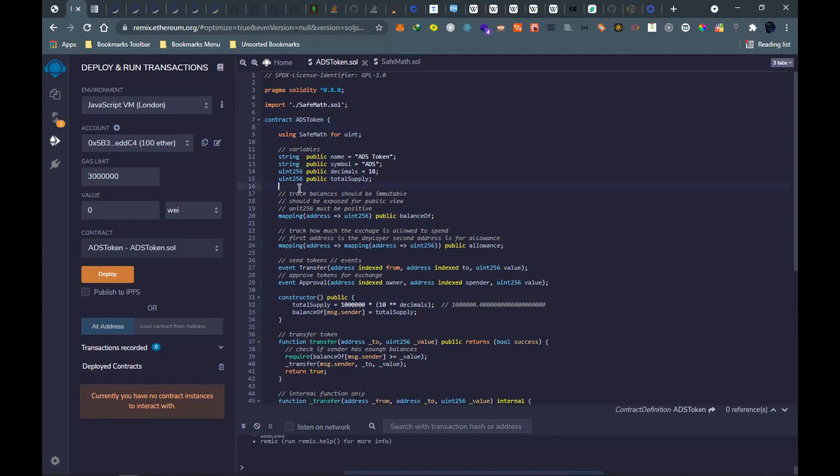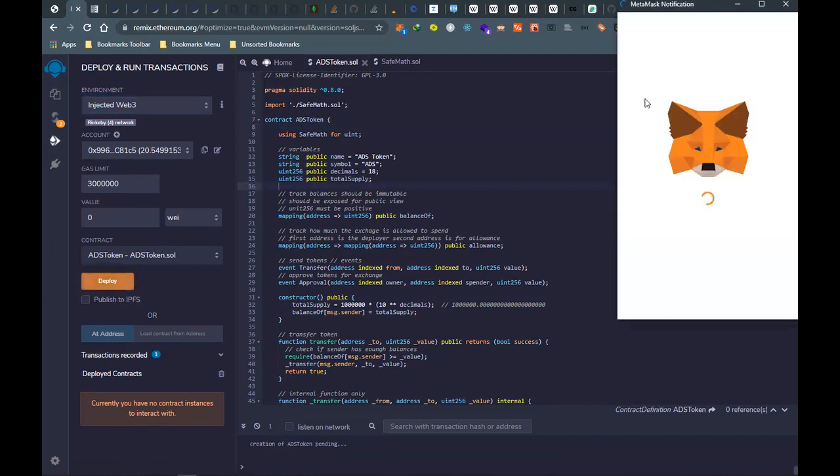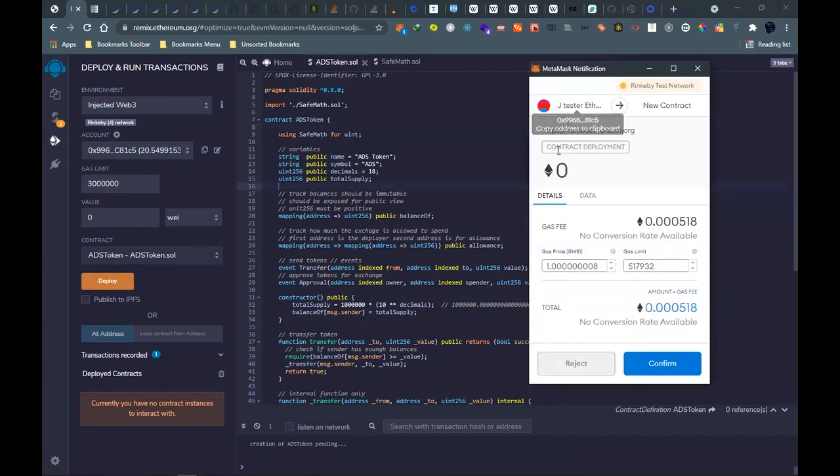We had already done some testing on this contract. So today we will actually be deploying it to a testnet. What I will do is inject Web3. We have already selected that we are on the Link Bay testnet. Then I will just deploy, and we'll be able to see confirmation. So we have already injected Web3 so that we can call MetaMask.